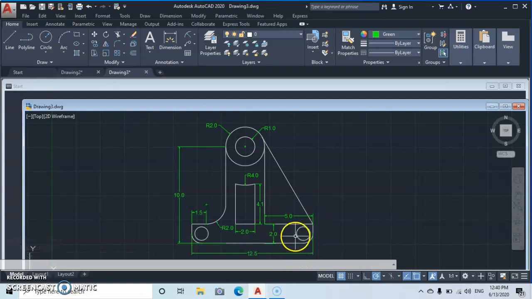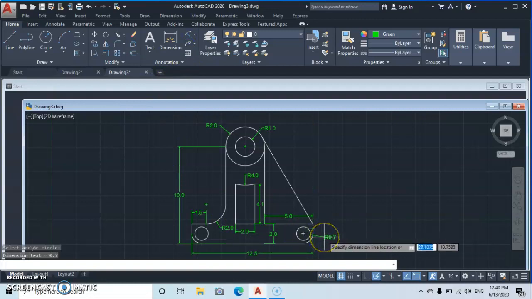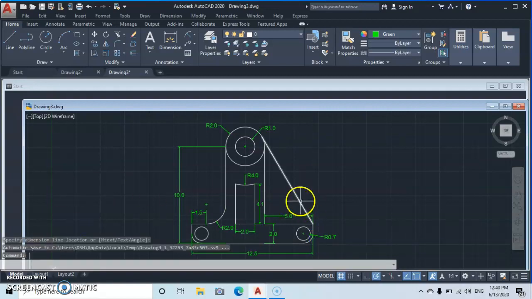Okay, this one, this circle. Let's see the radius of that circle. We go back to radius, we click on it. Okay, and it's gonna give us 0.7, as we saw in the drawing. Okay, so I think,